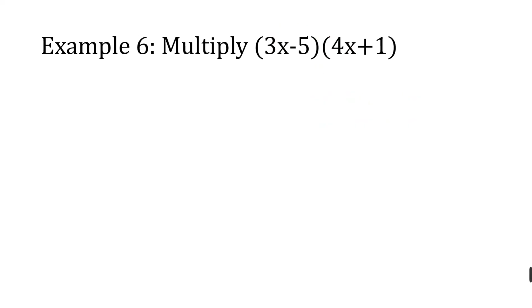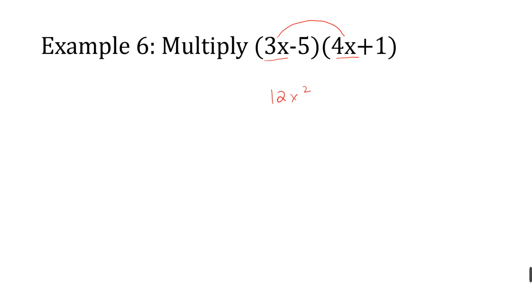Okay, now instead of just having x's, we're going to have numbers in front of the x's, coefficients in front of the x's other than 1. And so multiplying will be a little bit harder. So we'll have to take 3x times 4x. First terms would be 12x